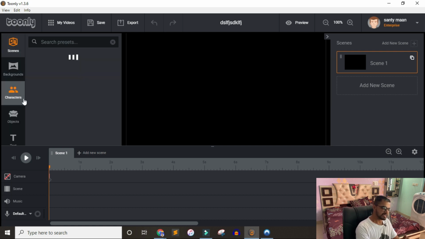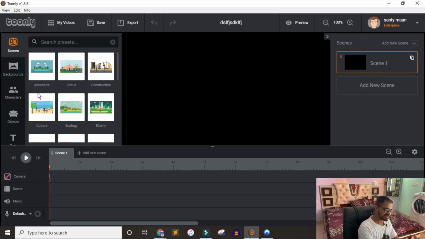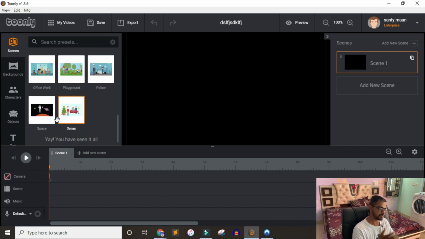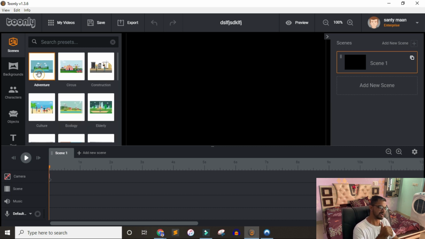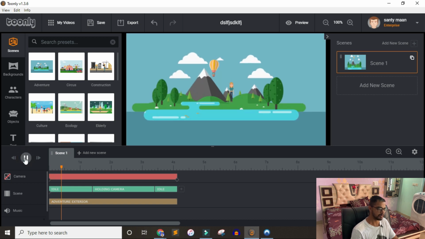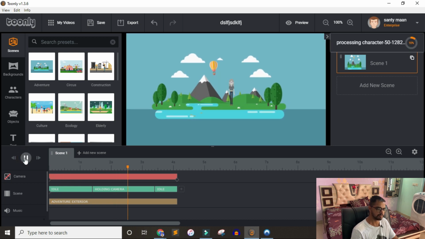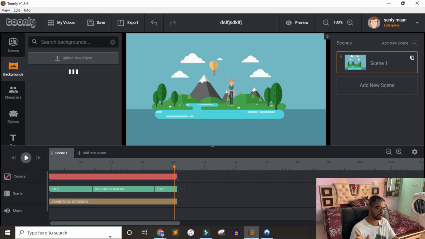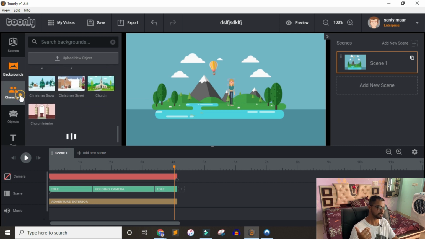You have pre-made scenes, but these things aren't helpful. I mean, first of all, they are limited in number and they can't do a lot of things. Let me just show you one preview. So it's downloading from the internet. As you can see, loading. This is your preview screen. Not a big thing. Everything is similar, maybe a 5 seconds video. So it's not helpful. We have a lot of backgrounds, characters.